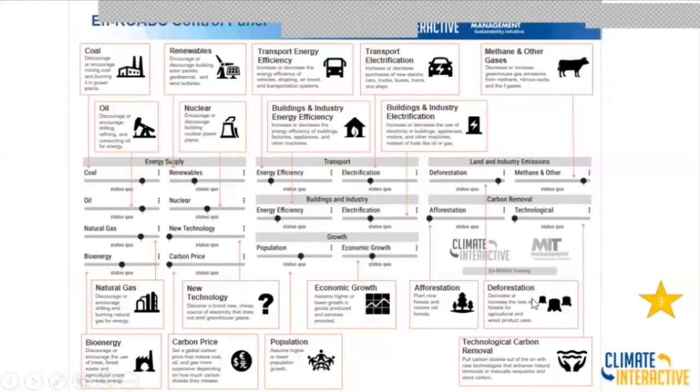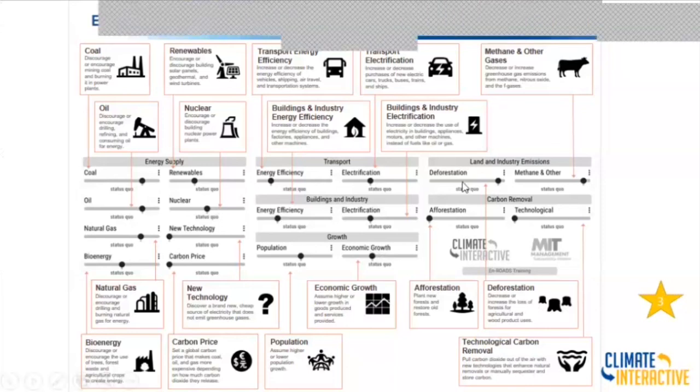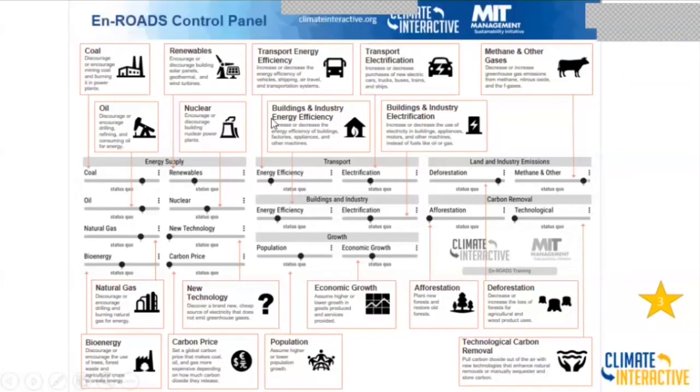It's En-ROADS. So you can just Google En-ROADS or climateinteractive.org. Can't see it yet. Is it on now? Okay. So it's at the top of your screen, En-ROADS,